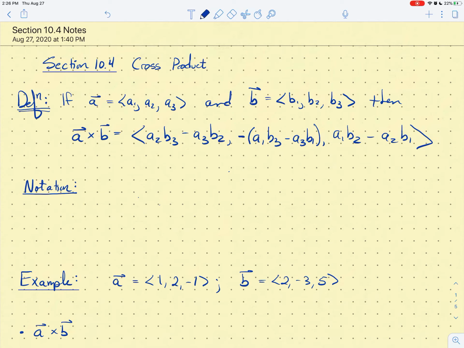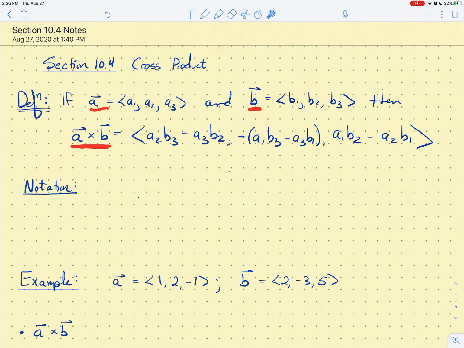Good afternoon. We are going to dive into section 10.4. Last time we talked about the dot product of two vectors, and we learned how the dot product produces a scalar. Today we're going to talk about the cross product of two vectors, and we're going to see that cross products produce vectors. Given a three-dimensional vector A and a three-dimensional vector B, the cross product,